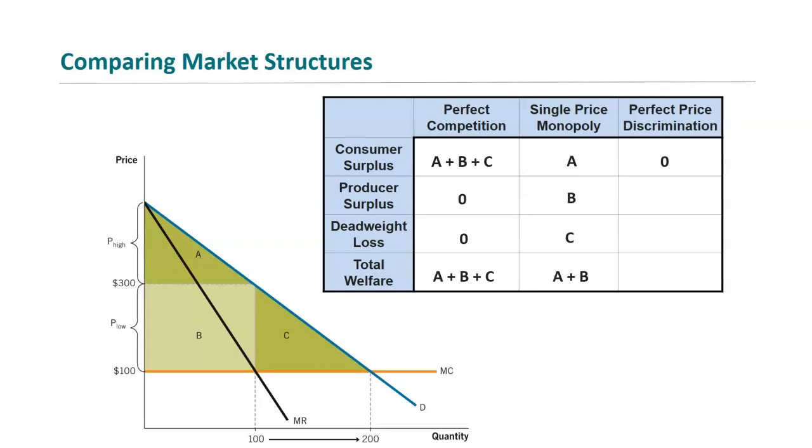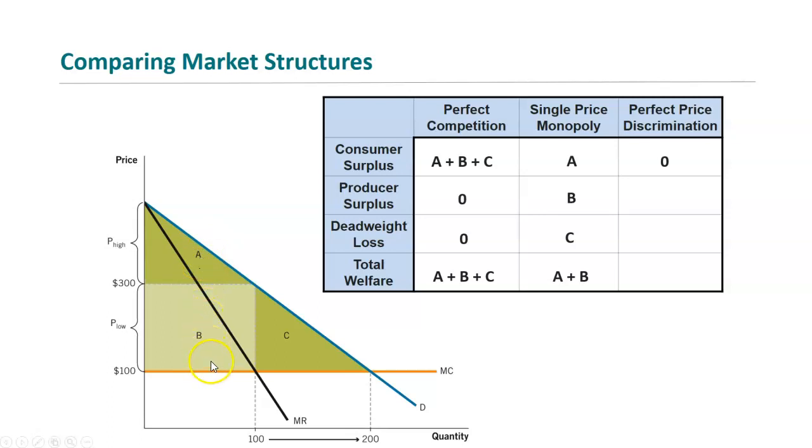On the other hand, how much surplus does the producer get in this situation? The producer walks away with surplus equal to the space between what they actually receive every time they sell their product and their lowest willingness to accept, or their supply curve. And so for this guy way up here who was willing to pay this high price, the producer gets this much surplus off of that guy, right? And the next guy, the producer gets this much surplus off of that guy. The next guy, the producer gets this much, right?